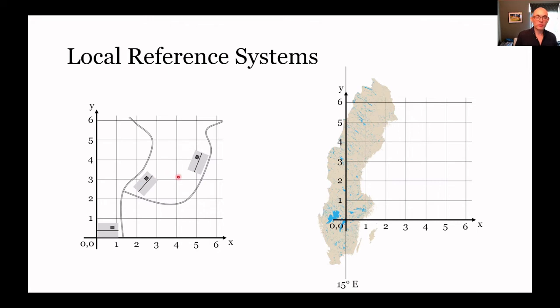We want the relationships between these houses here. On the right here, we have a coordinate system that is national. The coordinate system covering an entire country. And we've defined the starting point as being 15 degrees east of something else on the Earth, which is Greenwich. But still there's this connection. We have a 0 point somewhere where we can start counting from, and then we do our counting from there.